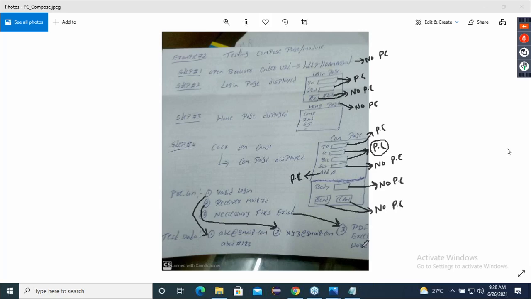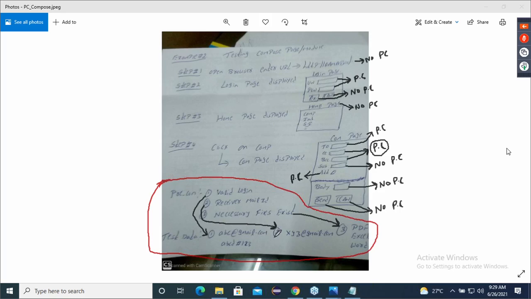So now observe. Whatever navigation steps I've written, that is a rough work. All of you understand that concept here. So now I got my precondition and I got my test data. And where should I write this now? This is to derive this, I was doing all this drama. Now, whatever precondition and test data I have got, where should I write it? Yes, I should write it in the test case.